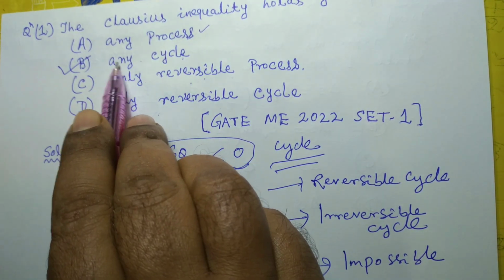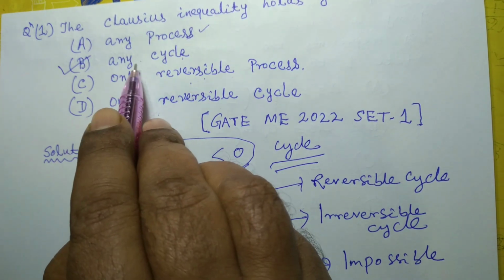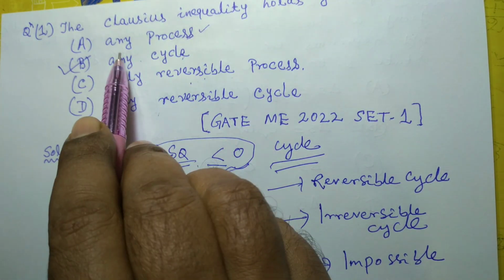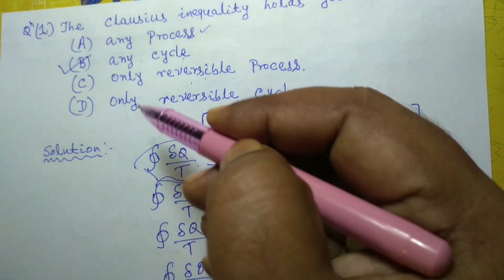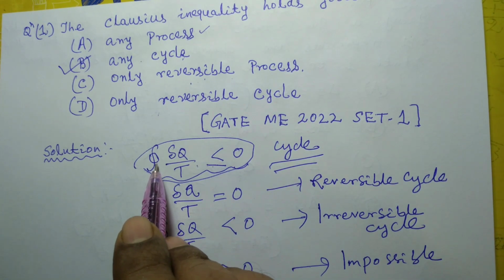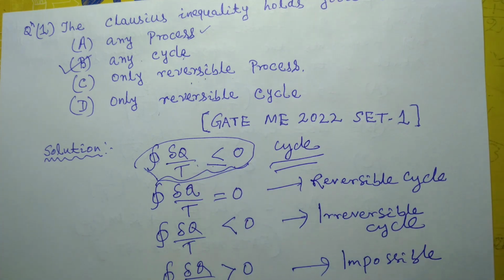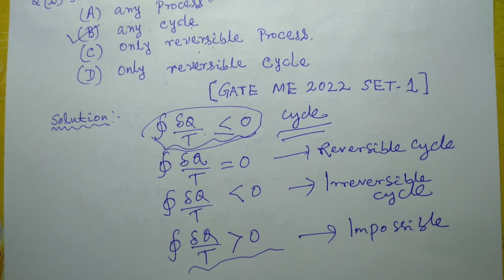It is valid only for cycle, both for reversible and irreversible. It is not valid for any process, because the cyclic integral is evaluated for any cycle, not for any process. So next question is,